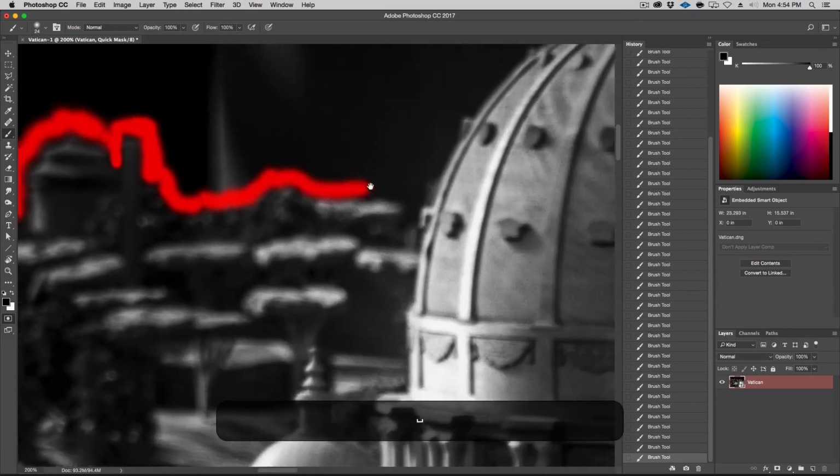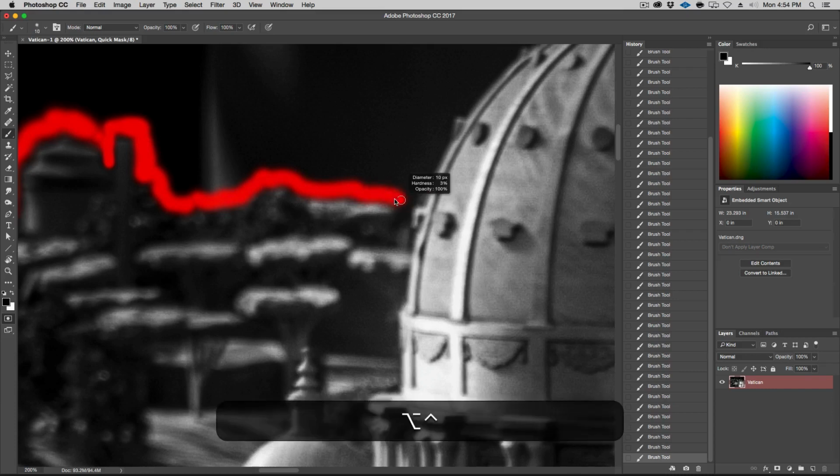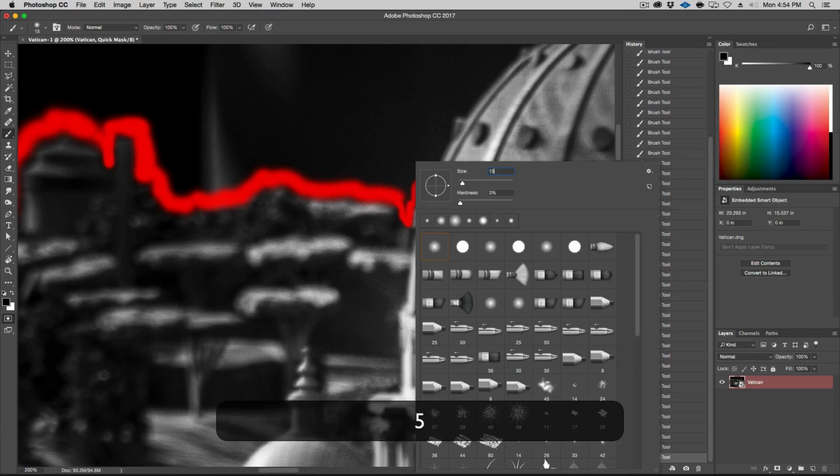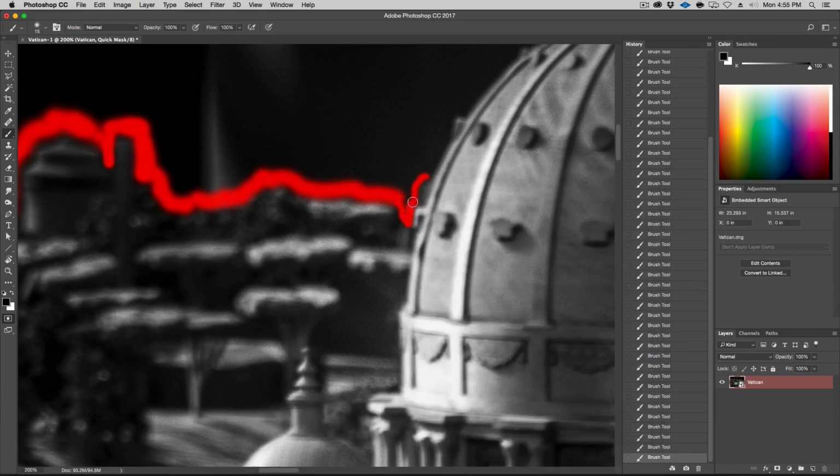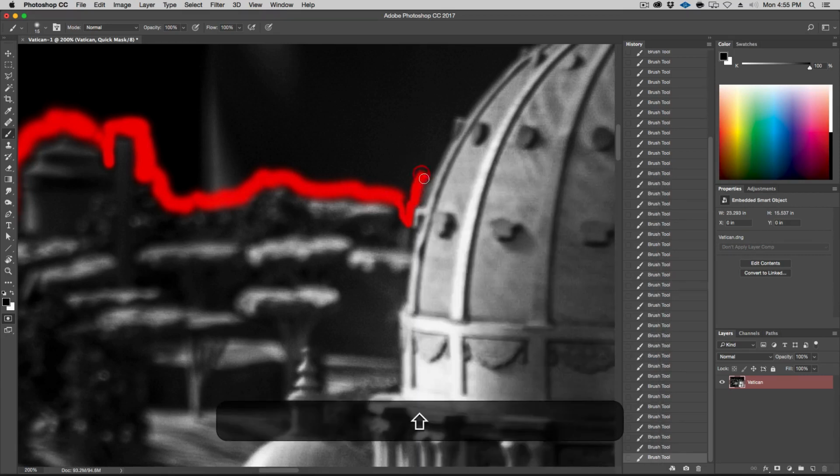All right, like this, like this. All right, here we're getting to the dome, which needs a little more precision because it is a recognizable shape. Unlike the rest, so let's do 15 and 0, should be good. It's pretty soft, but it's a little out of focus, so it should be good.